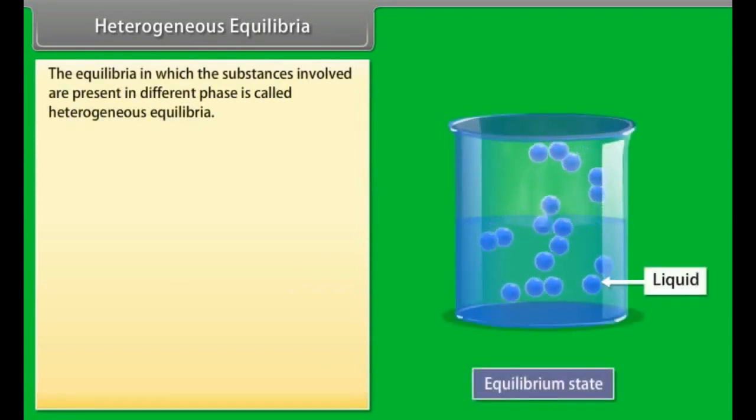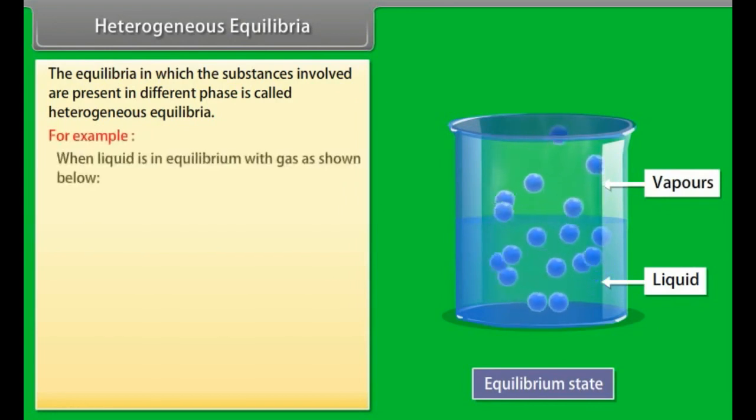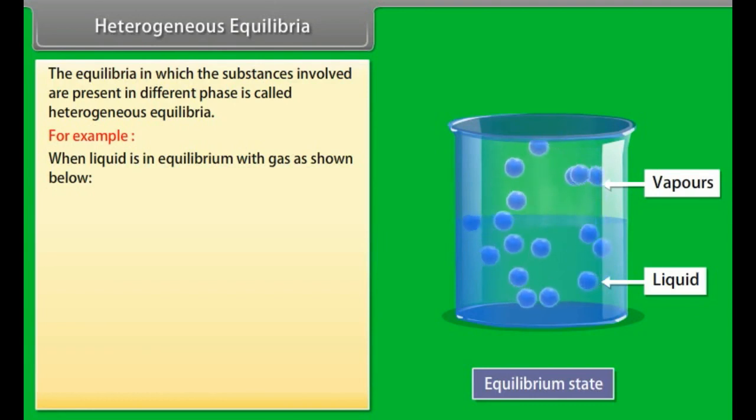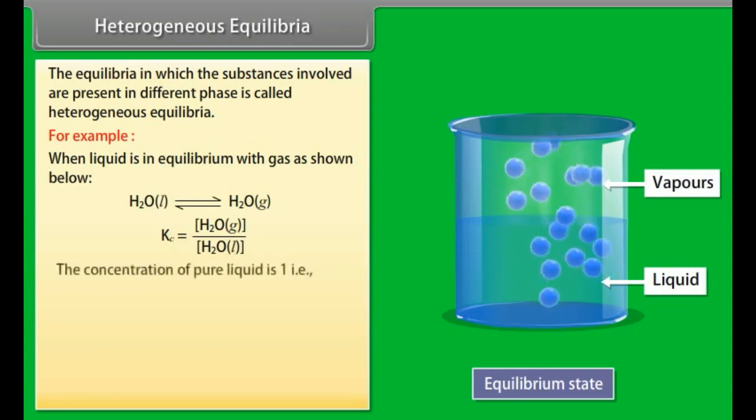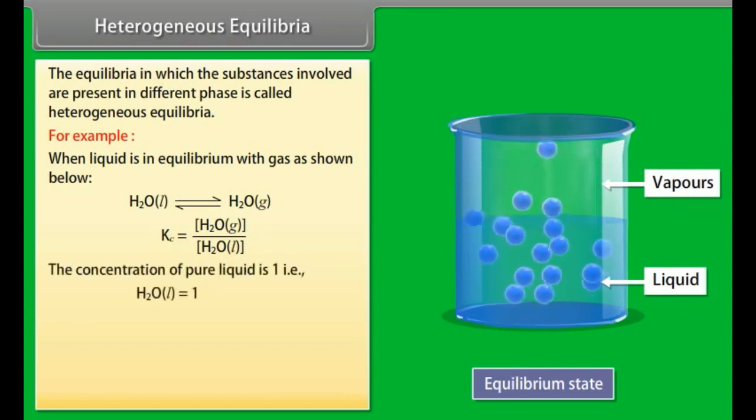Heterogeneous equilibria. The equilibria in which the substances involved are present in different phases are called heterogeneous equilibria. For example, when a liquid is in equilibrium with a gas as shown below, the equilibrium constant is given as follows. The concentration of a pure liquid is 1, that is, H2O in liquid form is equal to 1. Hence,